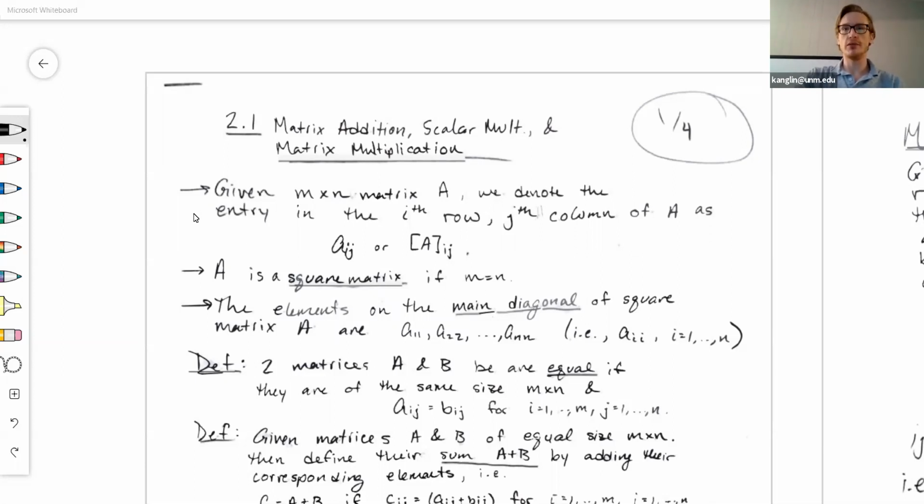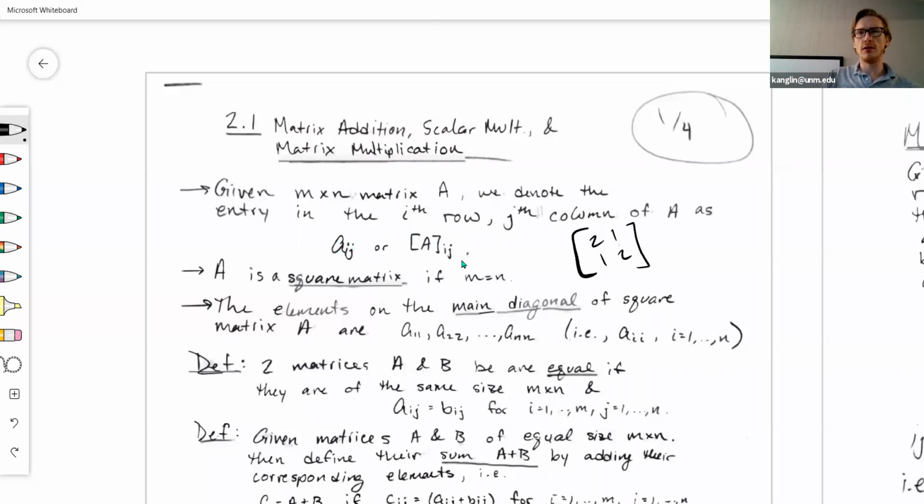Basic stuff to start out, just talking about notation and some terminology. Given an M by N matrix, that means it has M rows and N columns. Given an M by N matrix A, we denote the entry in the ith row and jth column of A as lowercase a_ij, or you might notice somewhat often I will represent that as brackets around capital A with that little ij subscript. So all we're saying is that if I've got a matrix of numbers, something like this,